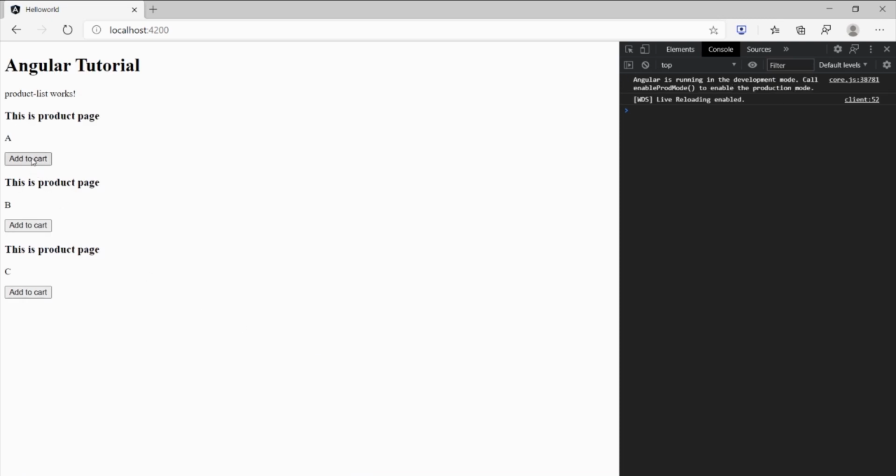So we have this add to cart, and I'm clicking here and I'm getting this console here, but it is just the console in the product component only. It is not in the product list. So what we will do, we will pass this data to the parent.